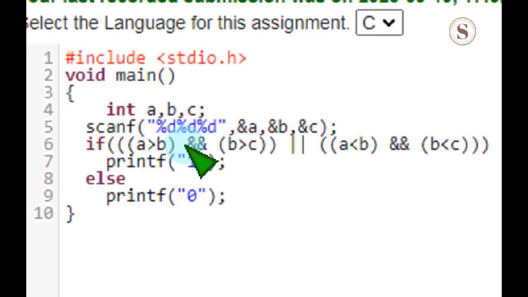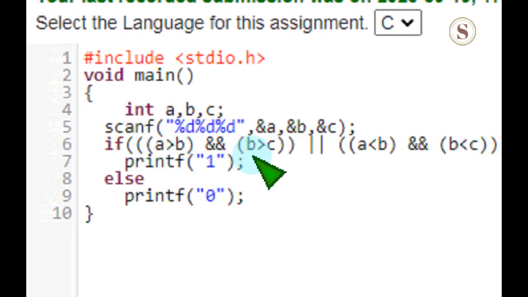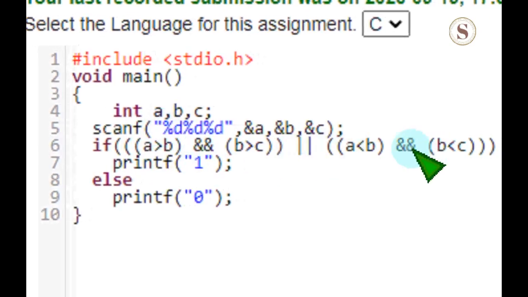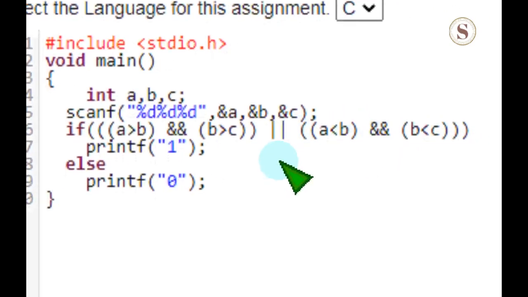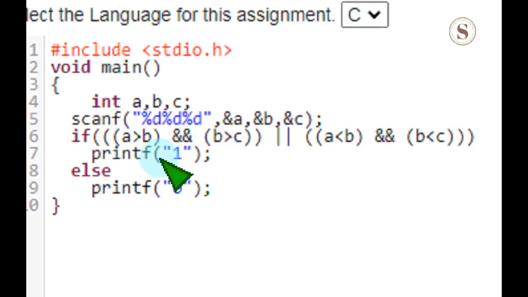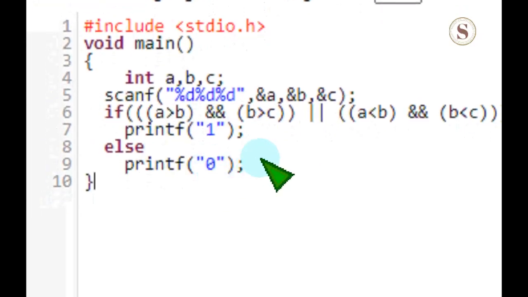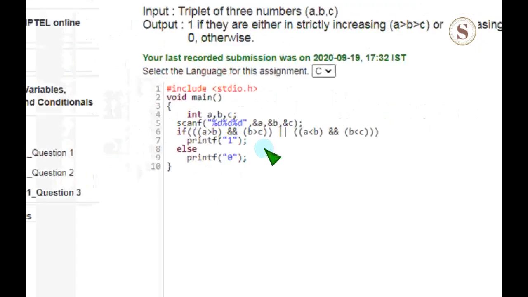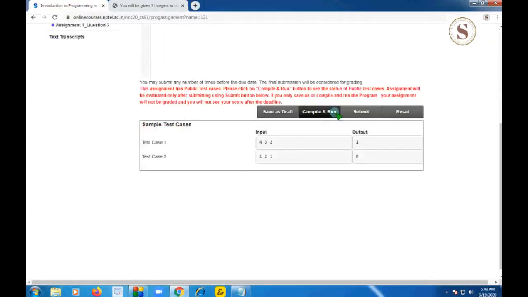So the first condition is okay. And the 2 pipe symbols represent OR: if either this condition or the other is satisfied, then we should print 1, else 0.